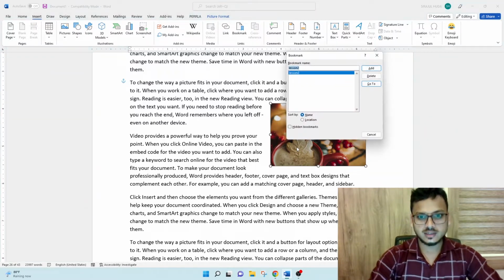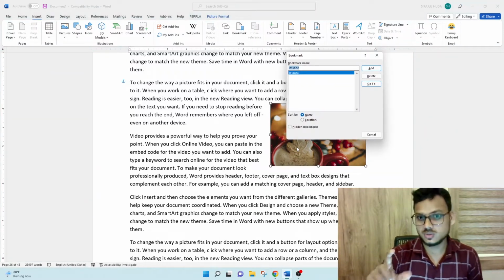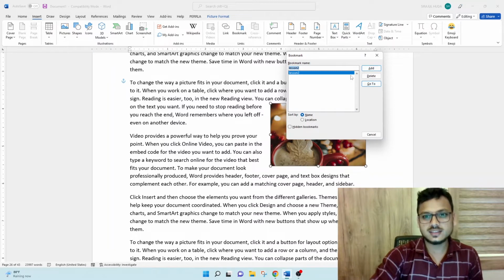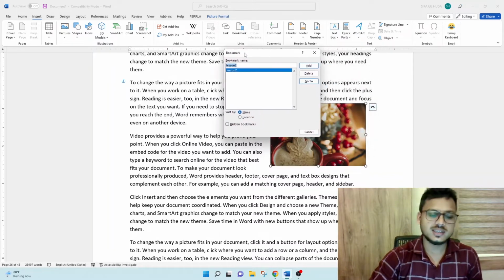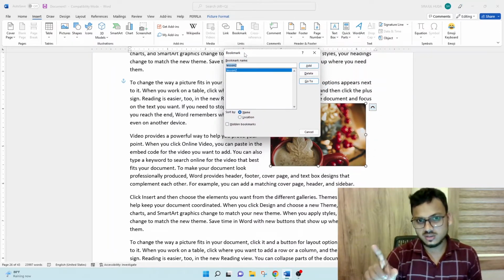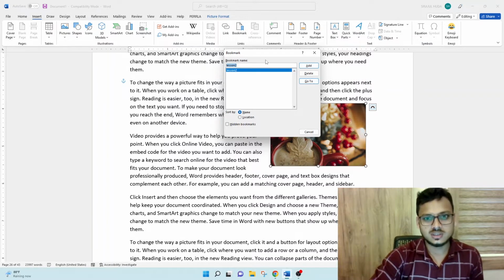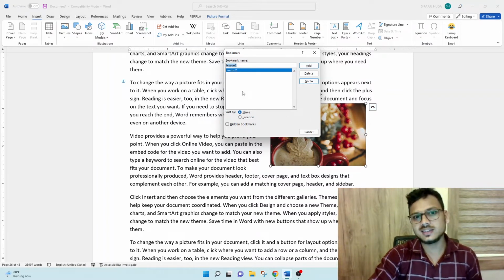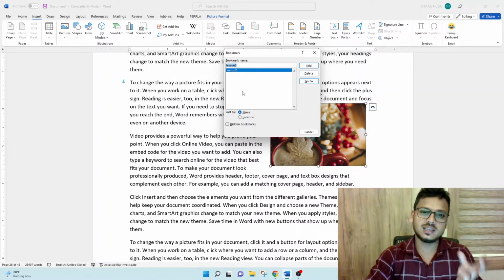Alt N K. There shouldn't be a long press. You have to be a little hurried. Actually, this is the concept you can create by using Alt. In another video, I will tell you how you can identify the shortcuts of every option